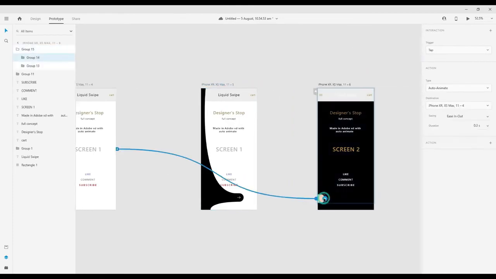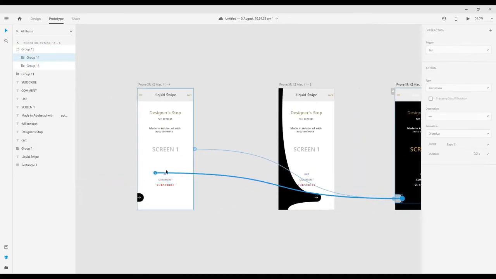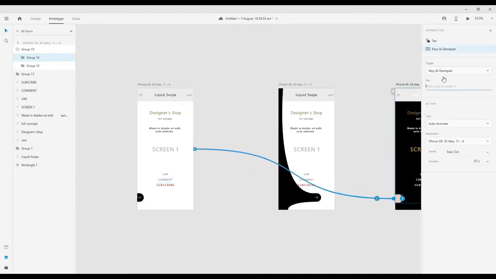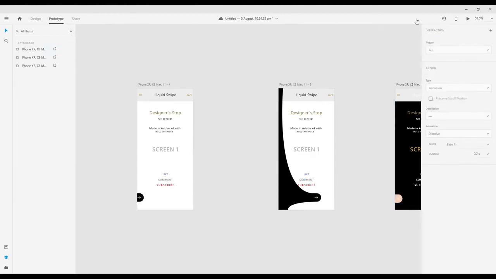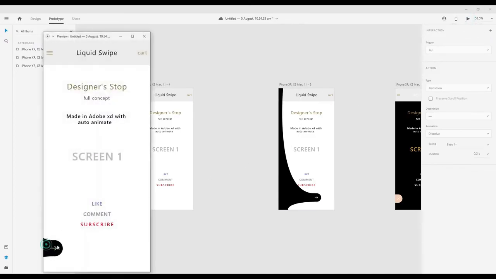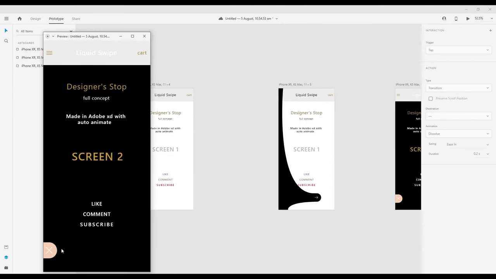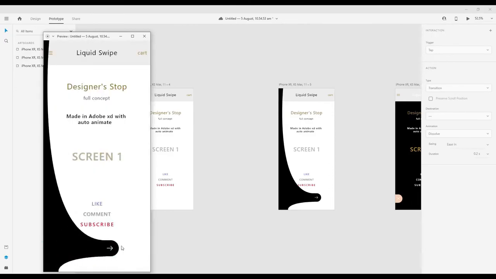Then click on this cross and drag this arrow back to the artboard 1. Again tap, auto animate, ease out. So let's see how it looks. I'm going to click this play button, and yes, you can see this looks very much organic and fluid